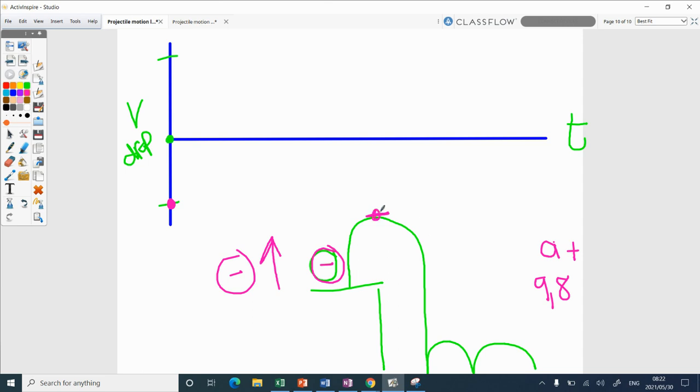What is its velocity at the top, always? Always zero. So I just always say V top is zero. So you know that when it gets to the top here, its velocity must be zero. But now how is this line going to look? Is it going to be a straight line? Is it going to be a curve?